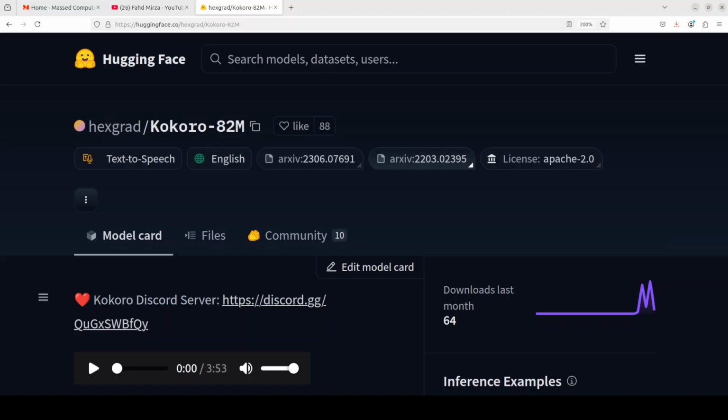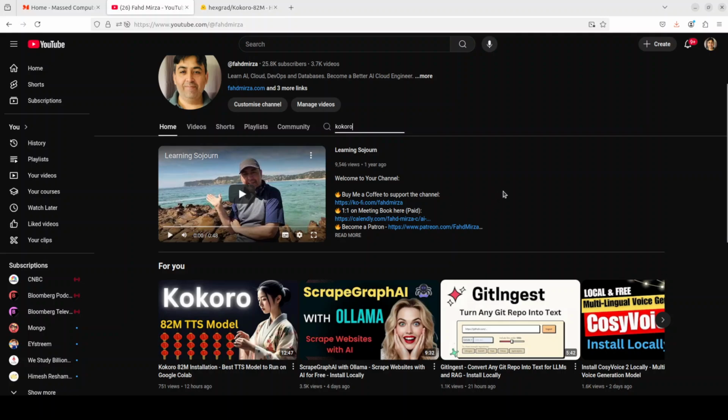In this video, I am going to show you how you can install this Kokoro 82 million parameter model locally. Just a few hours ago, I showed you how you can install and run this model on free Google Colab, but there have been various comments where people are asking how they can run it locally. So this is what I'm going to do in this video. I'm going to show you step by step how you can install and run this model locally and generate audio